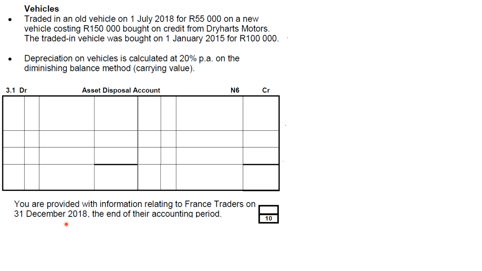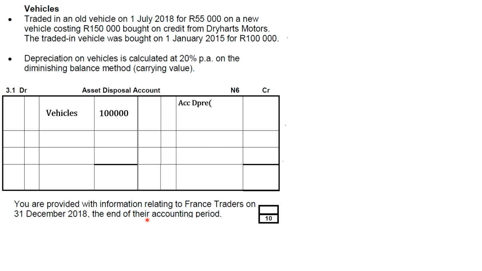Another thing that we are told here, like I said, is the cost. So we're going to come here and record our vehicle and our 100,000. If you don't know where this is coming from, go back, find the format, copy it down, and come back to the video. You understand. We are given our cost. We record it on the debit side. Nothing to do there. Then on the credit side, we come here and record our accumulated depreciation.